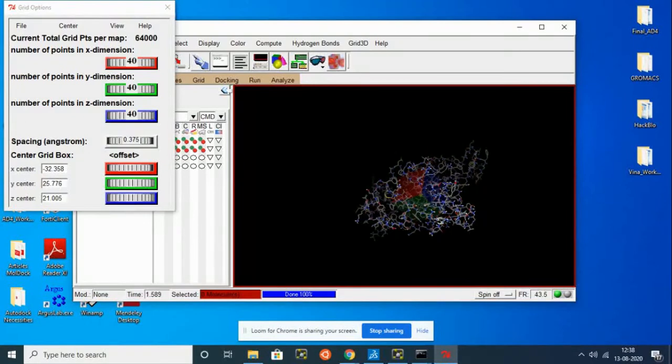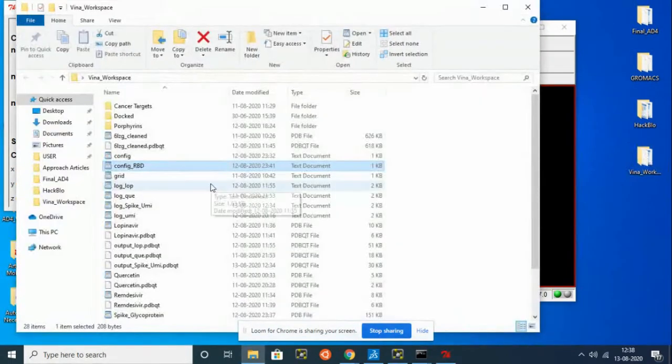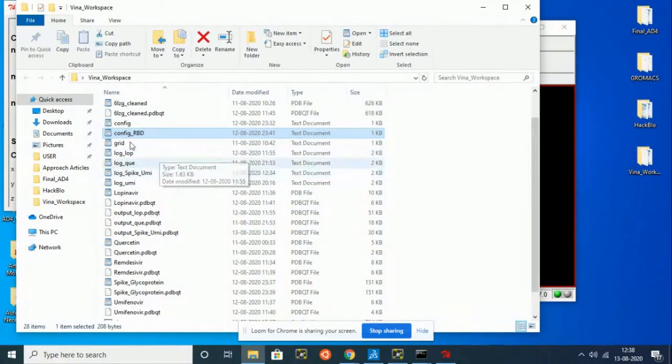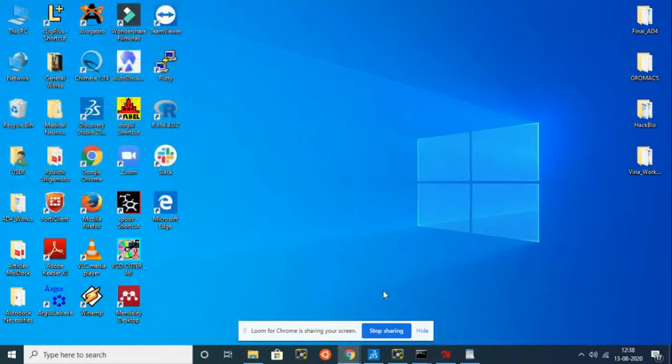We'll do a very short random search, and we'll keep the grid dimensions short, just 40, 40, 40, along with the coordinates of the center of the box. We'll have to copy it into one of the files, called the config file. I've already named it config_RBD. Here we have to specify the receptor molecule and the ligand, which is umifenovir.pdbqt. We have already saved these data here: the grid dimensions, the energy range, and the exhaustiveness value, by default 8, just to be sure. Once this is done,